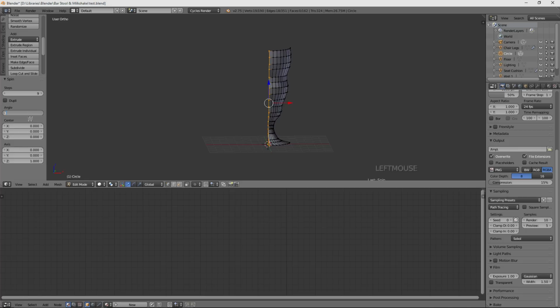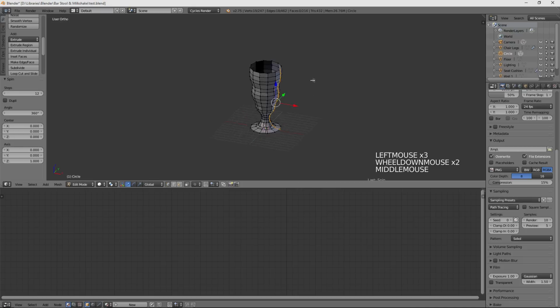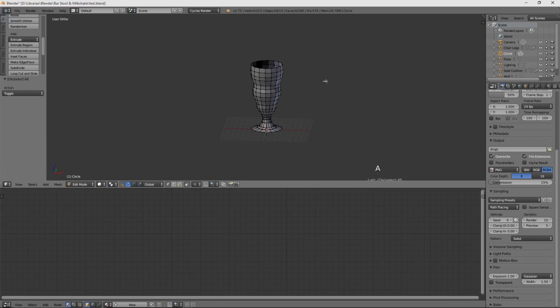Instead, we're just going to do our angle as 360, have it spin all the way around and make us a nice cup. The next thing we're going to do is change the number of steps up a little bit. This is a small object, so we don't really need a lot of steps, but it's going to be the focal point of our picture at the end. And so I'm going to go up to, I think, 15 looks good. Well, let's do 16. That way we have it 4 per quadrant. Okay, so that's our cup. That's the easy way of doing the cup.